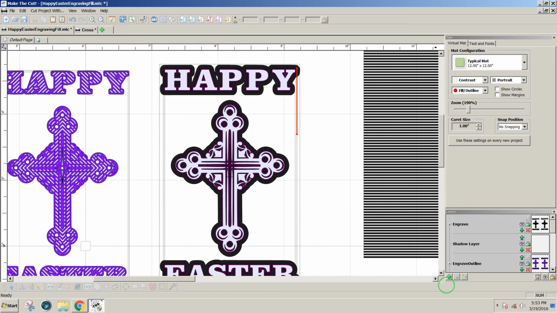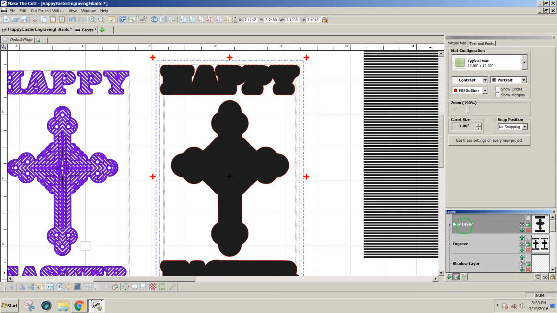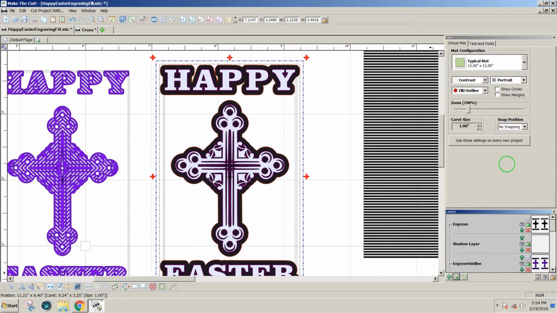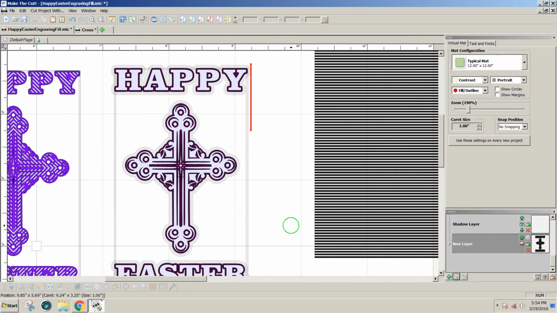Now, while I'm doing the engraving, I really need to hide that. I'll send it to its own layer and move it to the bottom. Right click and select move to the bottom, and I'm just going to hide that layer, and I'll use that layer only when I'm ready to cut after I've finished the entire project. These layers are important to keep on separate layers